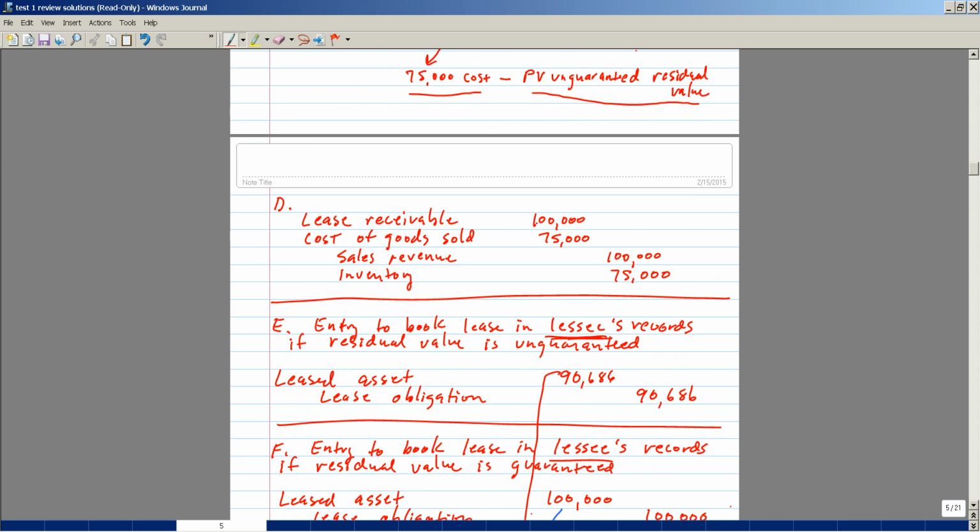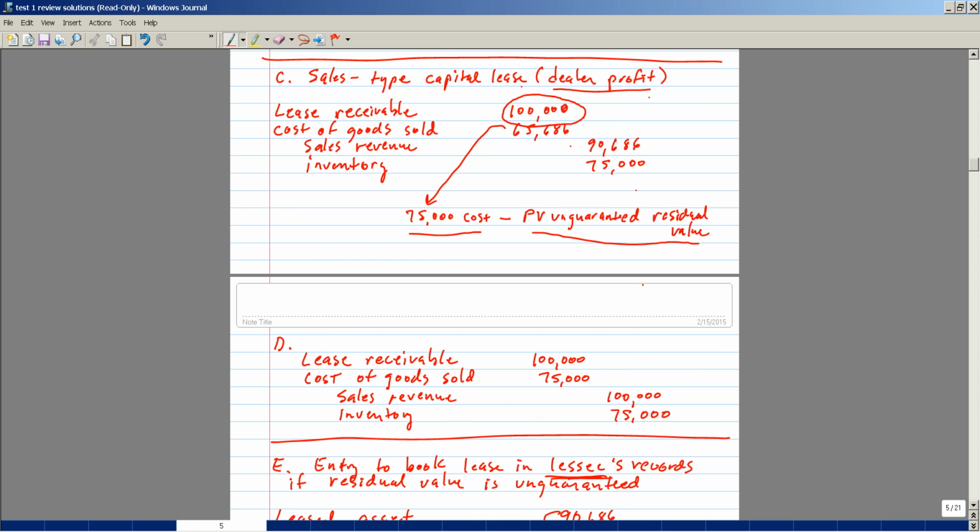So the $100,000 is simply the present value of minimum lease payments. Sales revenue is credited by the present value of the minimum lease payments. Cost of goods sold is debited for the cost of the asset, and the inventory is credited by the cost of the asset. So if you compare part C of the problem here to part D, it's the same problem,